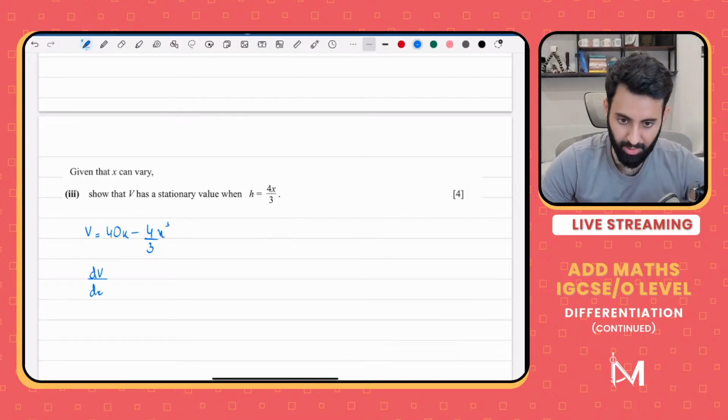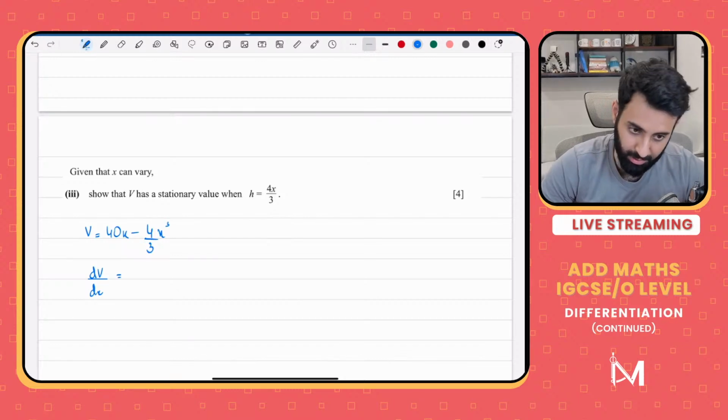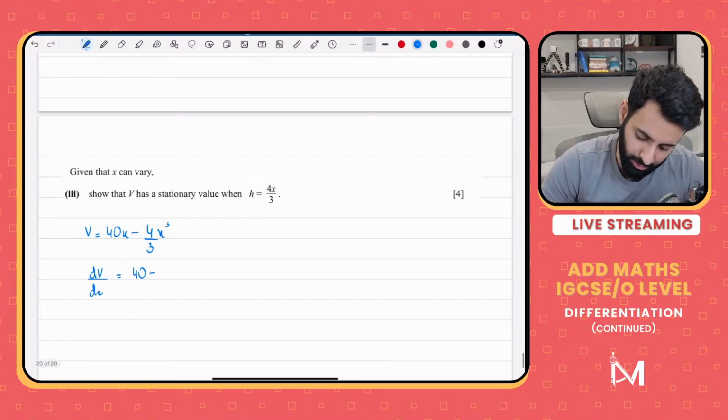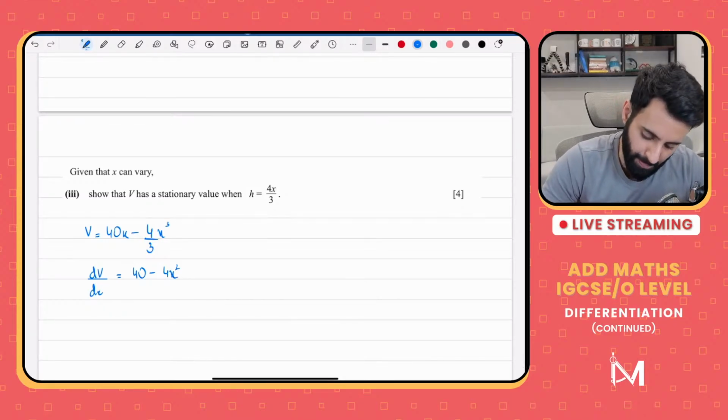Find out dv upon dx. Okay, so dv upon dx will be equal to what? dv upon dx will be equal to 40 minus 3 into 4 is 12, 12 upon 3 is 4x squared. Okay, now, according to the question, v has a stationary value when h is equal to